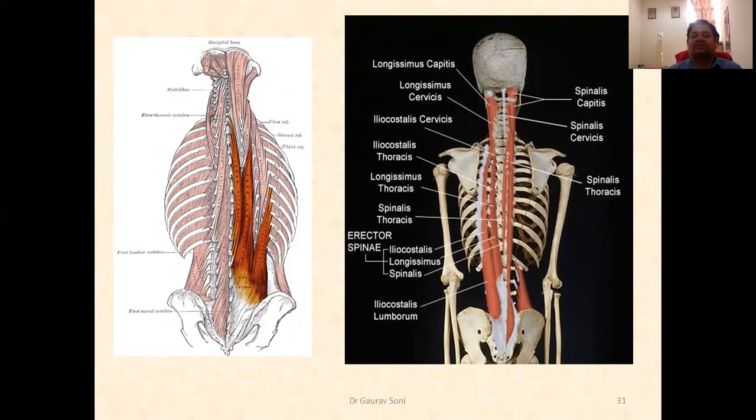Then again we have to understand one thing: spinalis is the most medial one, then longissimus is lateral to that, and iliocostalis is most lateral. If we follow the vertical column, spinalis means spine. You can simply know spinalis means spine. So the one lying in the line of the spine will be known as spinalis. Then lateral to them it will be longissimus, and then more lateral to them it will be iliocostalis. Iliocostalis itself is giving you everything: ilio means ilium, costalis means ribs. Then one more thing to remember here is that every muscle is not going to have a particular regional division. Though there are three groups, we are not going to find the capitis part everywhere.